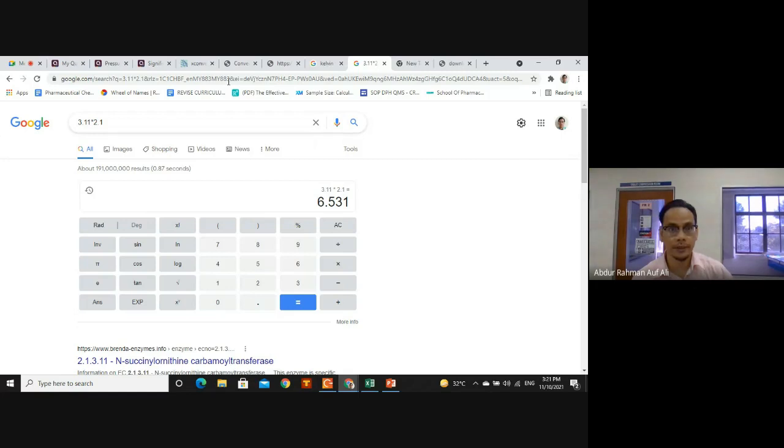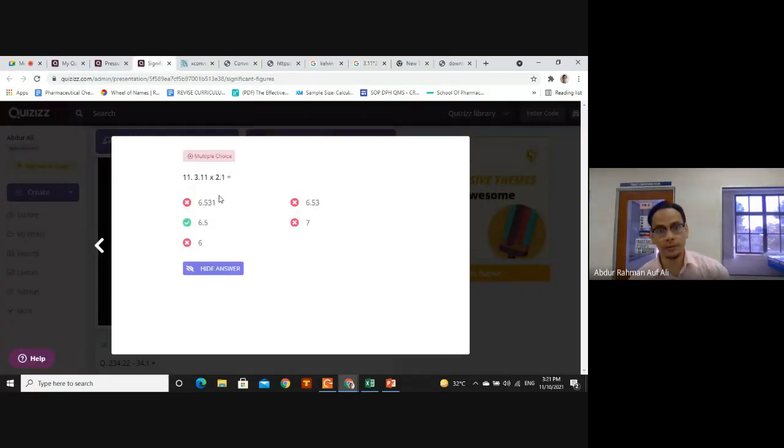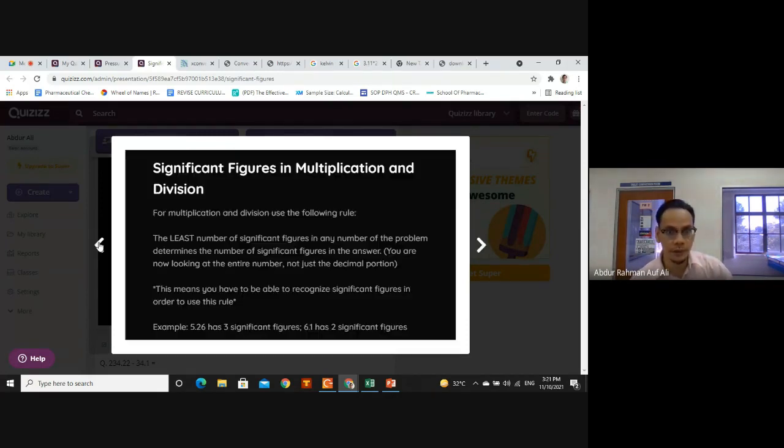So the problem is 6.531 ni is the value dia lebih daripada value yang kita, the data that we have. Kita ada the most pun 3 significant figures. Okay, so that's why kita kena pilih the values yang kita mungkin boleh kira with the tools that we could obtain ataupun yang kita dah sedia ada. So that's why dalam rule ni dia dah set,